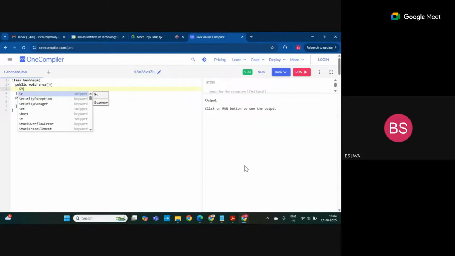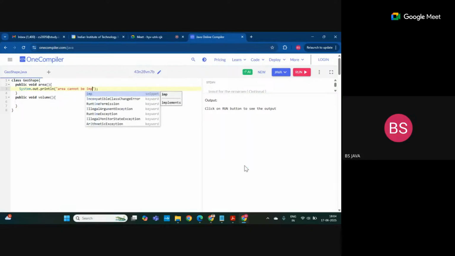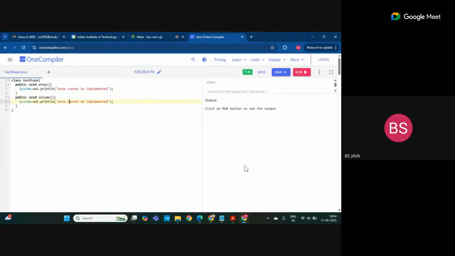So what we have done is give a definition, because if I have a method I have to give a definition, but I cannot actually do anything about it. So I don't know the actual implementation. Area cannot be implemented. Similarly, for volume I can have the same thing. I can say volume